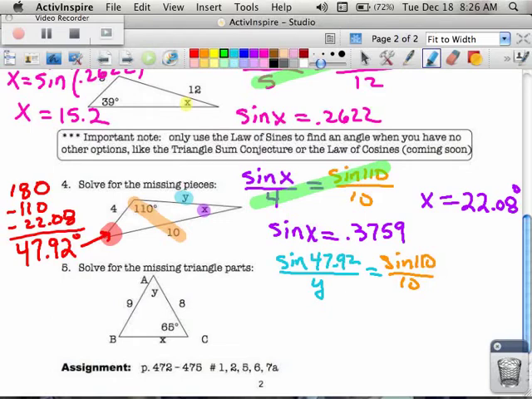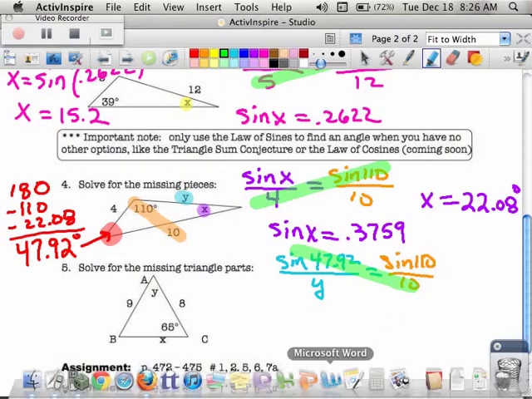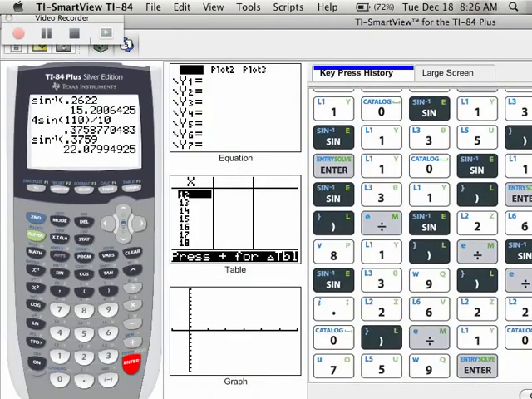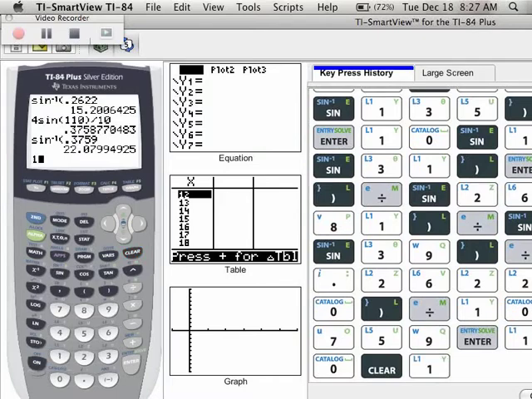And then again I use my proportion techniques where I cross multiply those two numbers and divide by what's left over. So I'm going to go with the 10, and this time I'm not going to have to do the second sine because I'm finding a side. 10 sine of 47.92 divided by